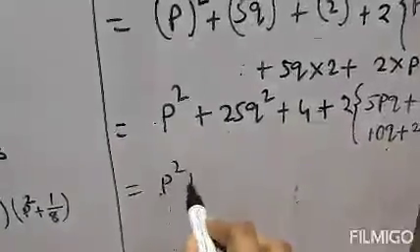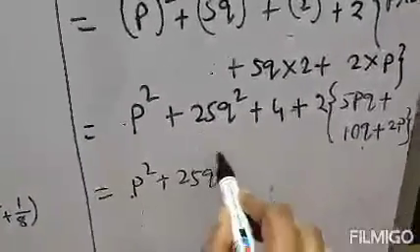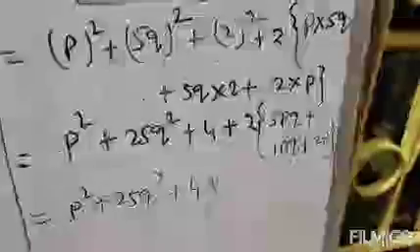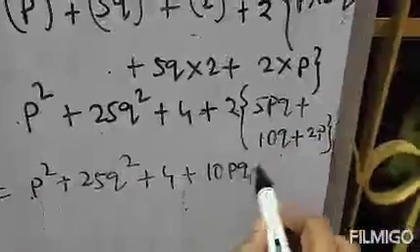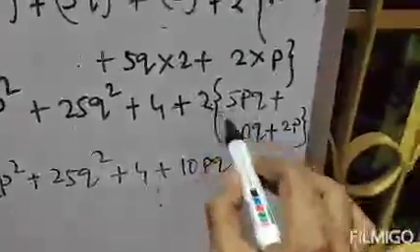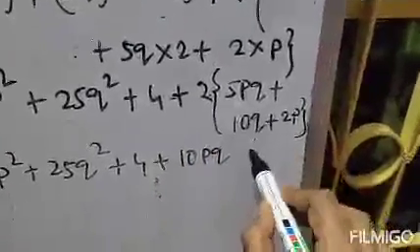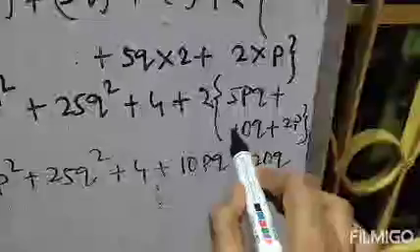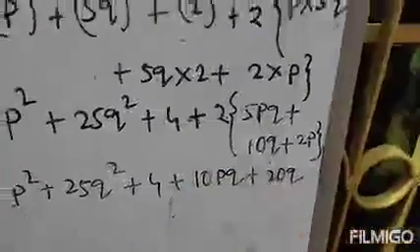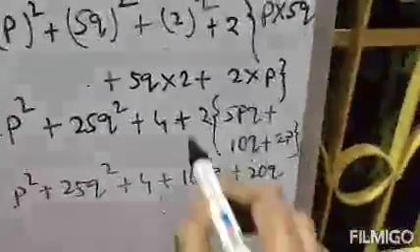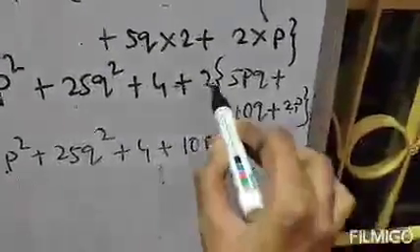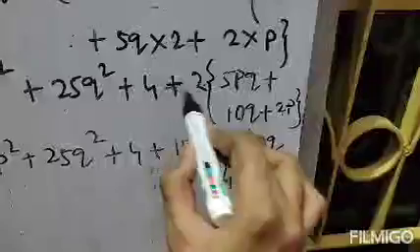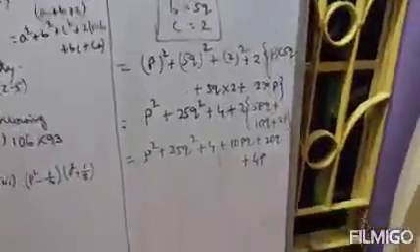That means p square plus 25q square plus 4, plus. Now 2 5s are 10 and pq, that is pq. And the sign is plus, that means plus. Next we will multiply 2 into 10, 20, and q, that means 20q, and plus plus is plus. Whenever you are opening the bracket, just consider the signs also. That means plus plus is plus. Next 2 into 2p, 2 2s are 4 and p, 4p, and the sign plus plus is plus. So this is your answer. Clear? Next question.